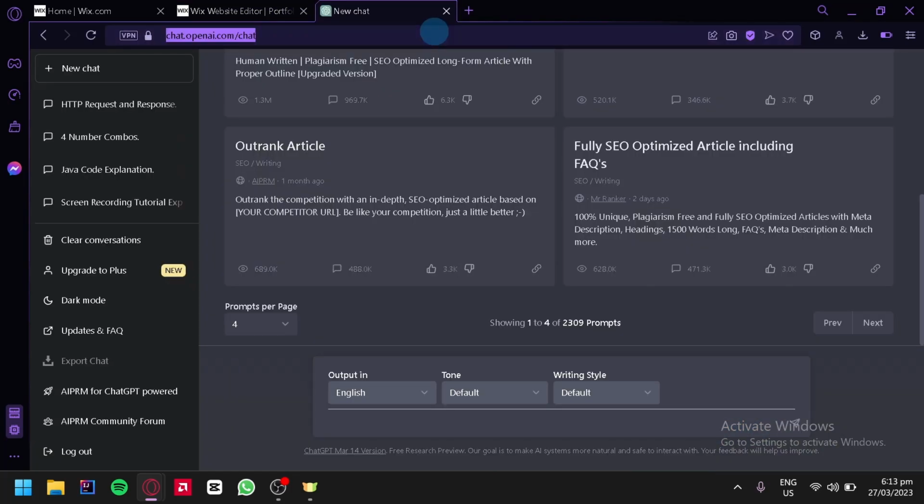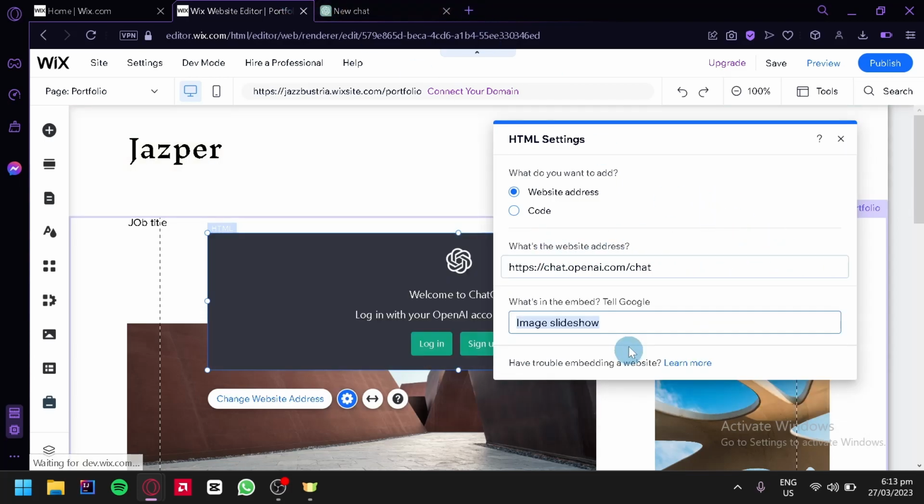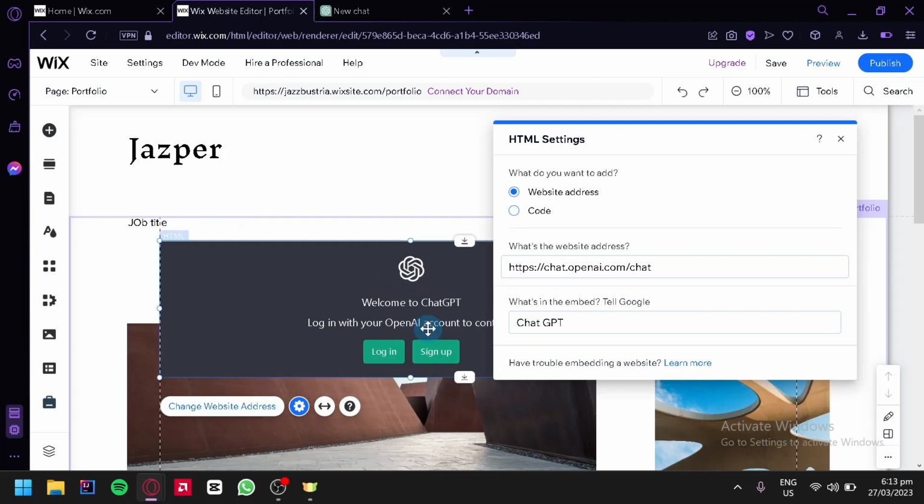Just like that, we're simply going to copy the URL and we're going to go back to our page over here and we're going to paste the URL of ChatGPT into our HTML setting. We could also change the alternative text here to ChatGPT, just like that. And if you have noticed, our website over here in the background has changed what it looks like. It is now showing the ChatGPT homepage